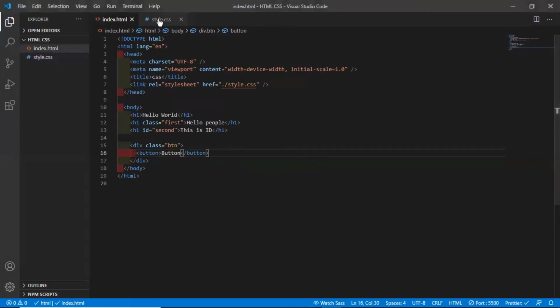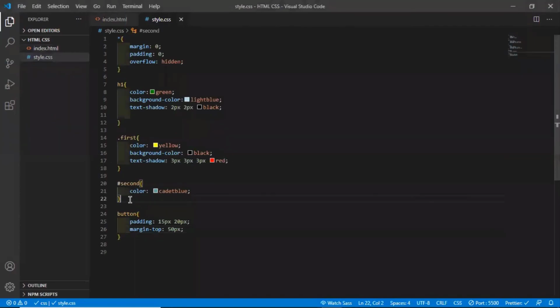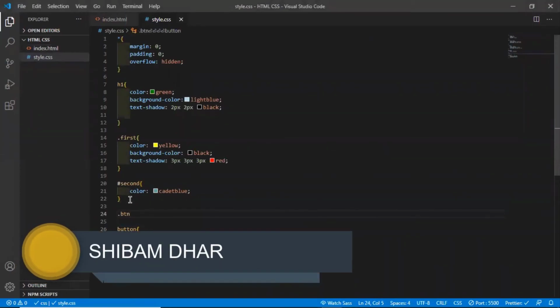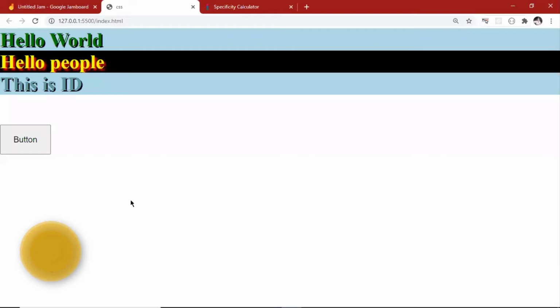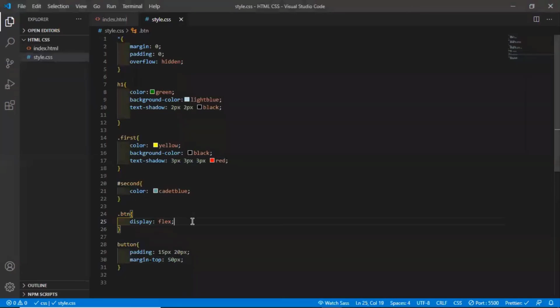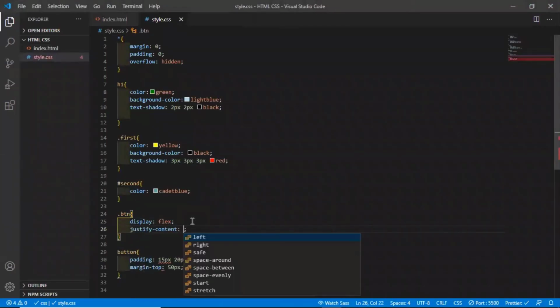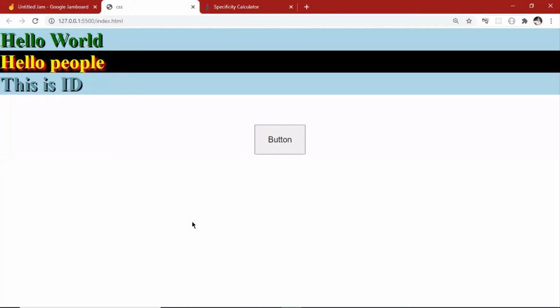Nothing changed. But if I select btn and put display as flex, nothing happened. But if I give it justify-content center, see, it got placed right in the middle.